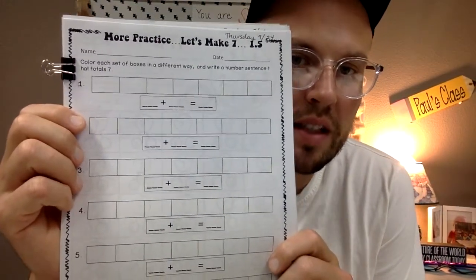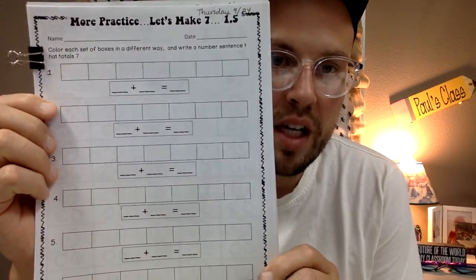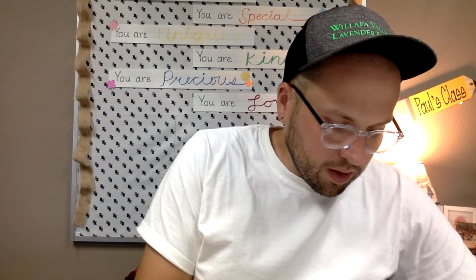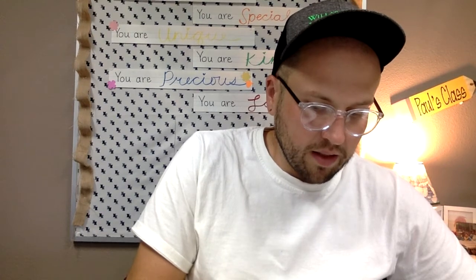Color each set of the boxes in a different way and write a number sentence that totals 7. Okay? So number 1, each one of these totals 7. So all the different combinations of 7. I'm going to choose 2 different colors. Let's do orange and green. Orange and green. So I'm going to color 2 boxes orange, and the rest of the boxes this nice